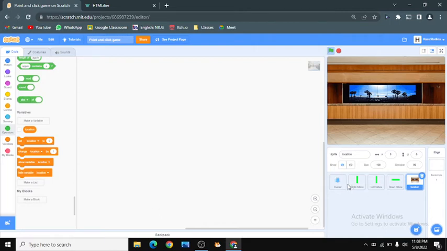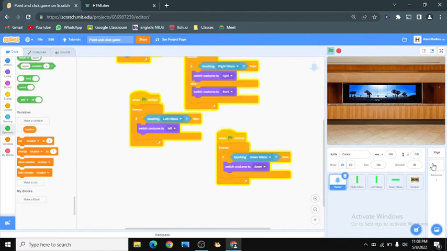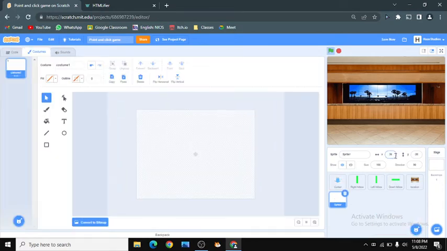Now I'm gonna make a new sprite. Here you don't need to paint anything. This is just somewhat like a location manager.